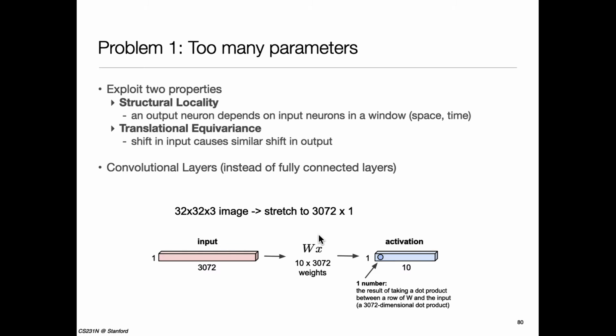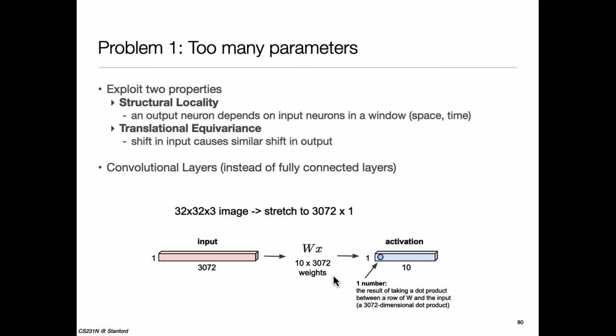So another way of thinking about it is, let's say I had an image, right? Let's say my image was 32 by 32, and let's say it was an RGB image, so it had 3 values per pixel. One way I can think of this image is as 32 by 32 times 3 values. So I can think of the whole thing as a vector. But once I think of it as a vector, I have lost all the structural intuition, right? To me, it's just a bunch of 3072 numbers.